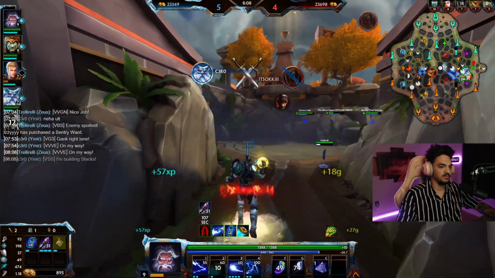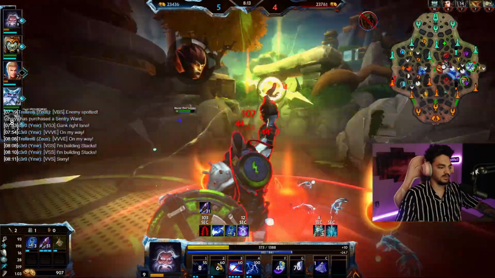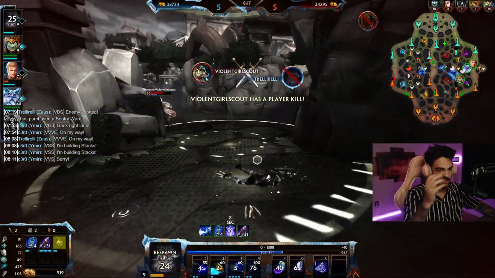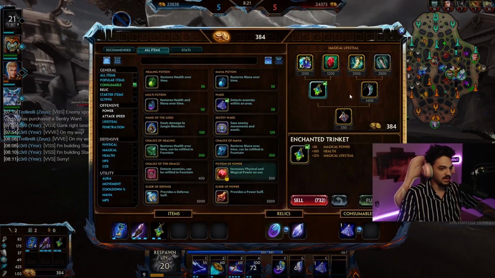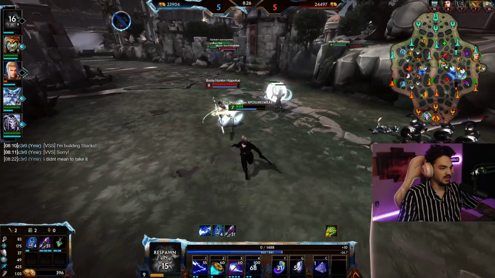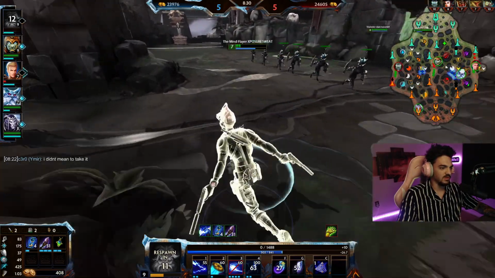On my way? I'm going to die here. Yeah, I wanted to go for the Naja there. But I think there's a ward. So they knew exactly where I was coming from. And it looks like the Naja just is going to go for our Apollo. I'm assuming that the old...